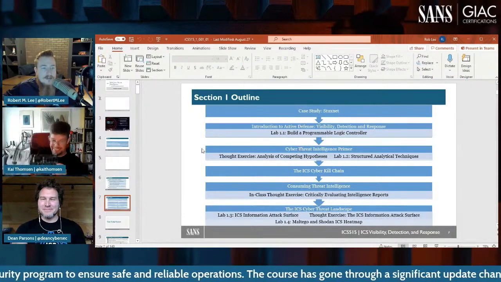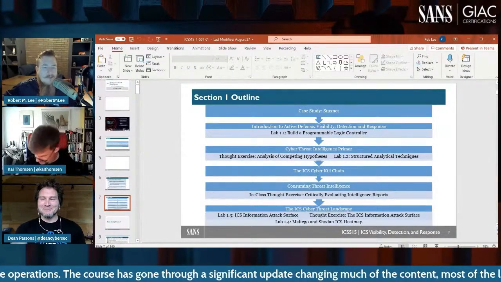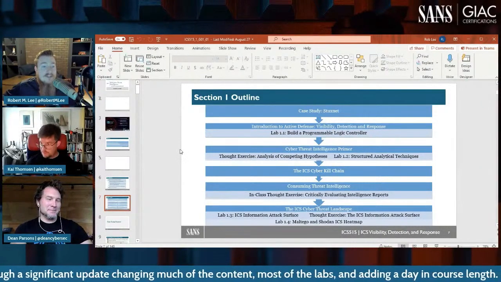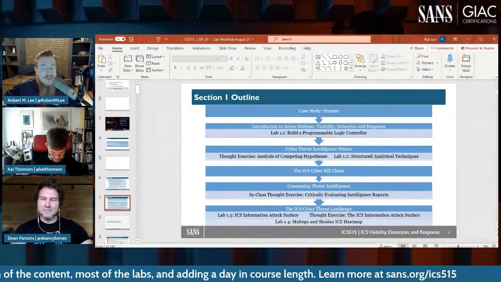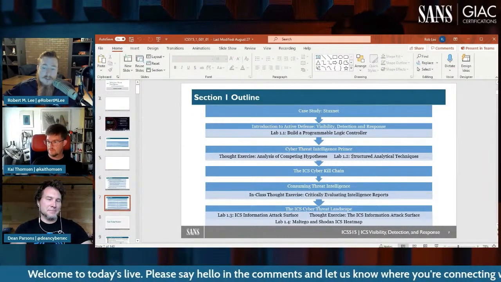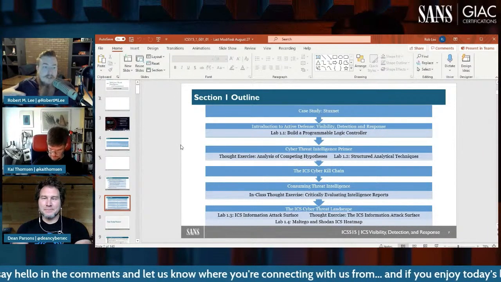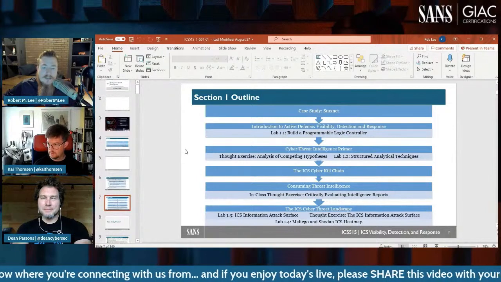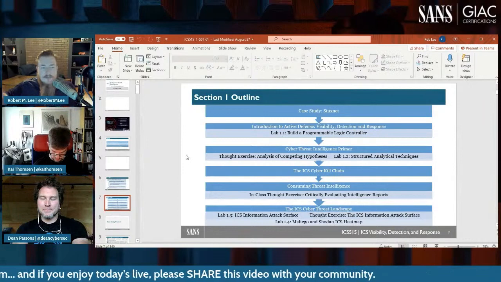Then we get into that threat intelligence primer of, again, what is this world of Intel? We talk a little bit about thinking, right? How do you think about competing hypotheses and evaluating situations where there's not an easy or clear-cut answer? We do a quick lab on that, which is a non-technical lab, one of the few non-technical labs in the course, but it's one of the ones that I value the most. It's just an ability to game theory some things out, to think about the scenario that we've got in front of us. We get into the first major model in the course, the ICS Cyber Kill Chain, and walk you through that,